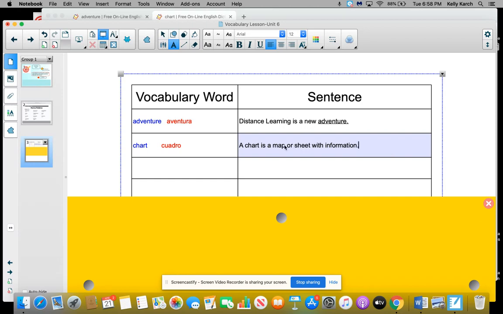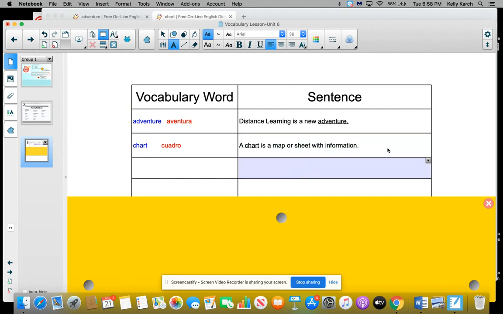And then I want to remember to underline my key vocabulary word, chart. And now I have my sentence. Now I want you to notice that I'm being super careful to make sure that I start my sentences with capital letters and I end with correct punctuation. Okay, now going to our third word,